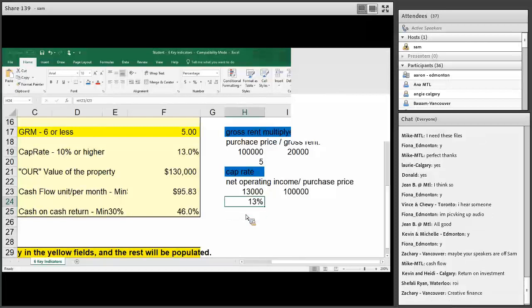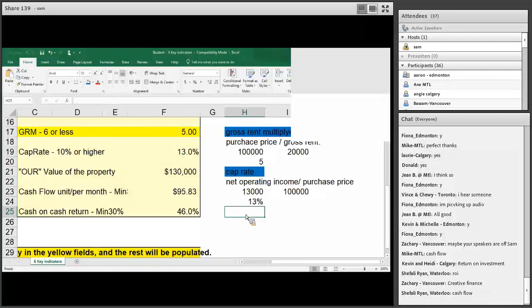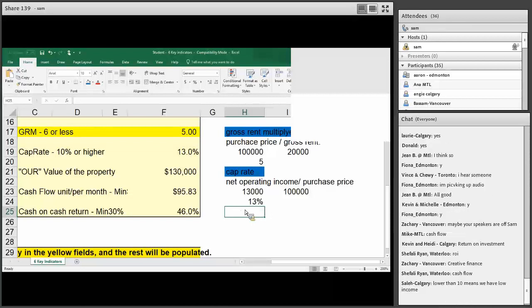Okay, that's okay, I'll let you type. Yeah, exactly. So creative financing is important to what we do. So we need a 10 or higher because at 10 we can afford to do financing at 7%. We could borrow money at 7% for the whole amount, and we'd still be able to make money. So if our financing costs us 7%,